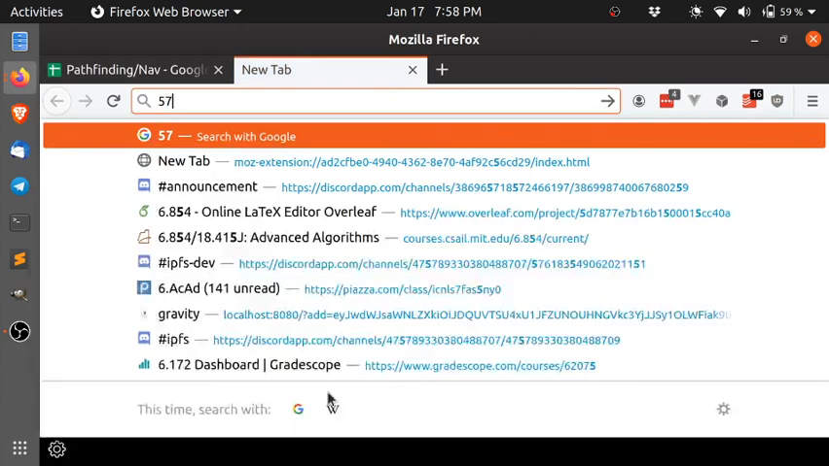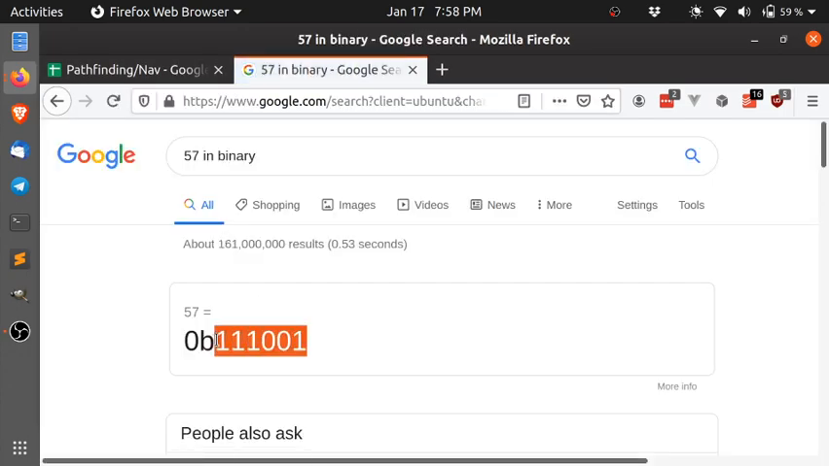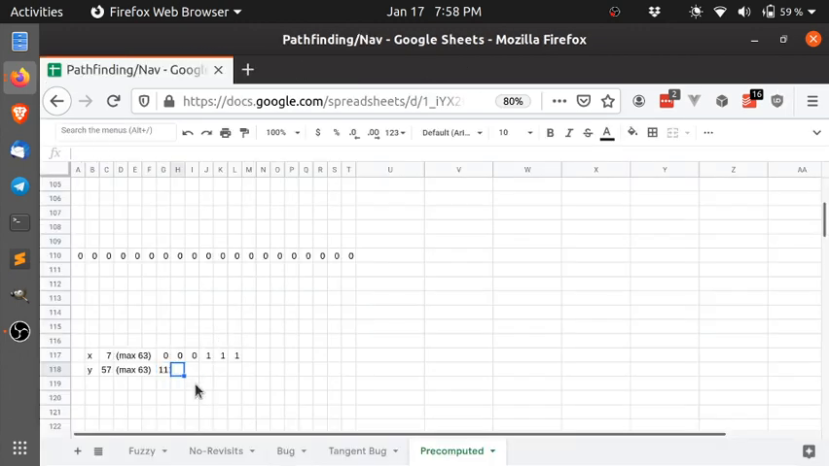57 is this. Okay, that's not what I wanted. All 0. Okay, all ones except for that. Okay, is 1, 1, 1, 1, 1, 0, 0, 1. So instead of storing 7 like this,